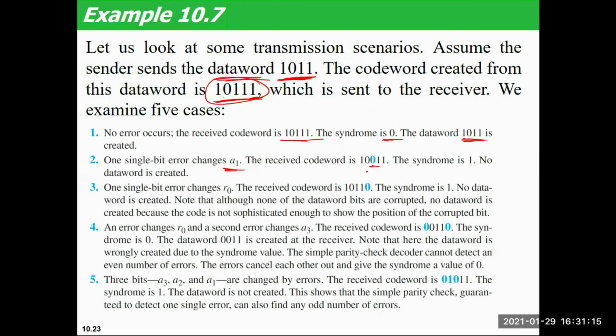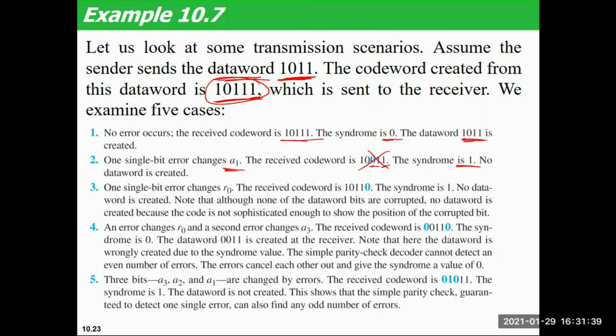The receiver will check that at the end you are having 1. 1 means the total number of 1s in the other section needs to be odd, and because they are even, the syndrome value will become 1 and no data word will be created. The whole thing will be discarded.